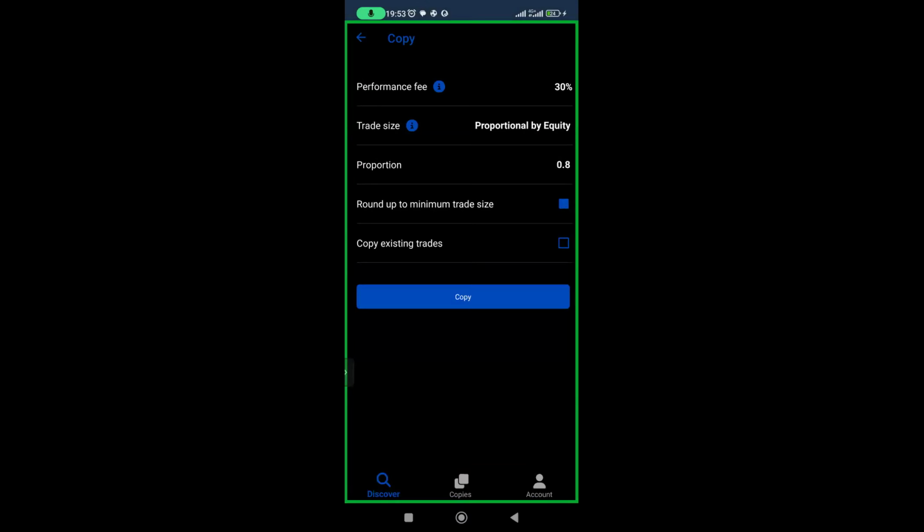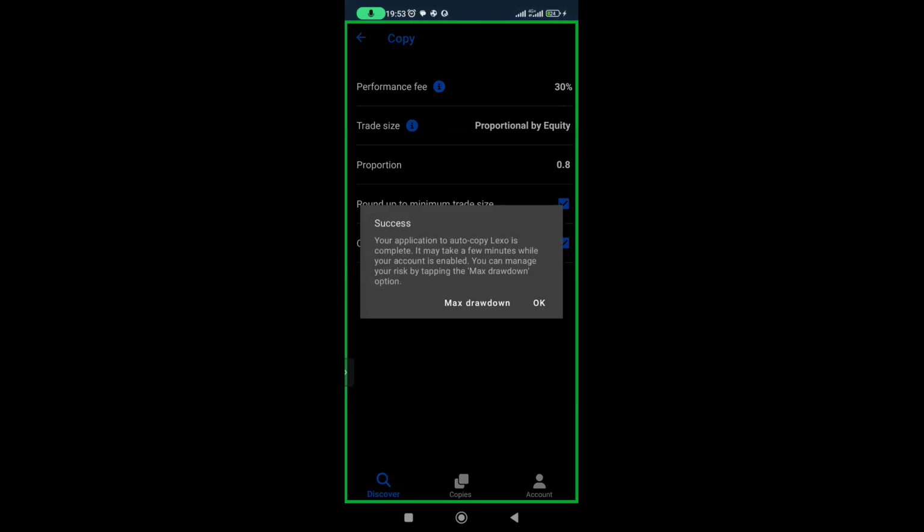Right, so you click on these two check boxes if you want to copy the existing trade, or if you don't want to, and then you click on copy. Once you click on copy, it will just show you this thing called success, right? And then if you click on OK, fine. But one thing I love about PU Prime is